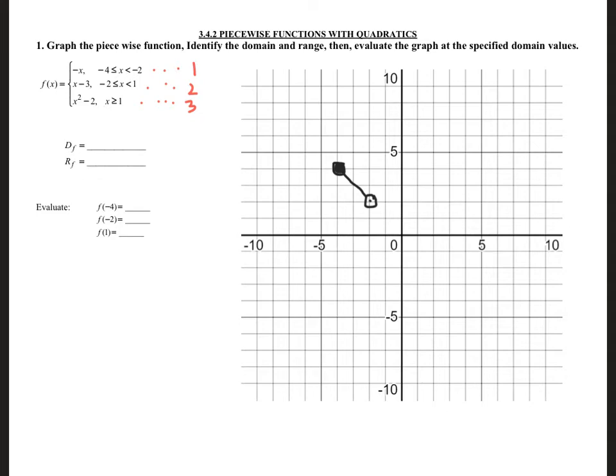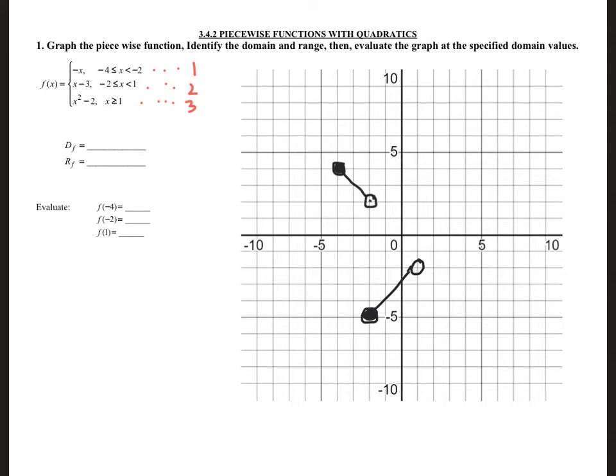It's also a line segment. I plug in -2, -2 minus 3. So that's going to be -5. Is it going to be an open or closed circle? It's going to be closed. Then I plug in the other endpoint. So 1 minus 3, that's -2. So when x is 1, it's going to be -2. That's going to be an open circle, so that's also a segment. And then from 1 and higher,